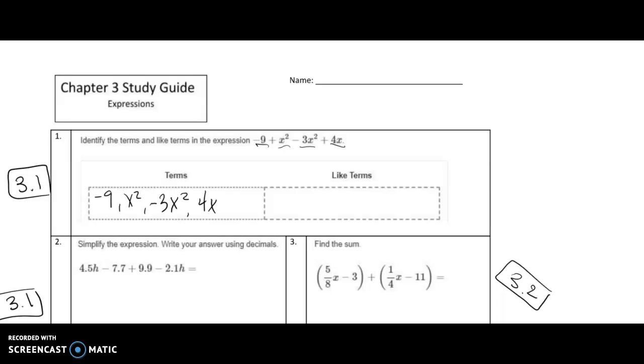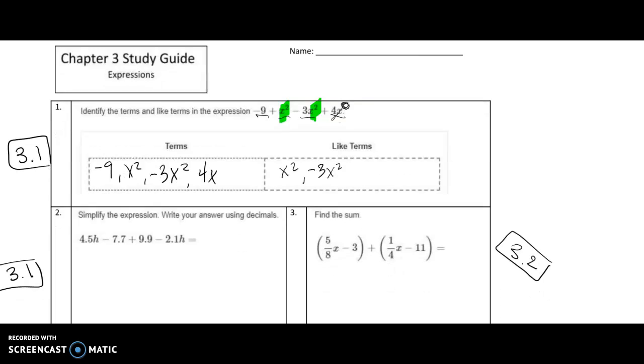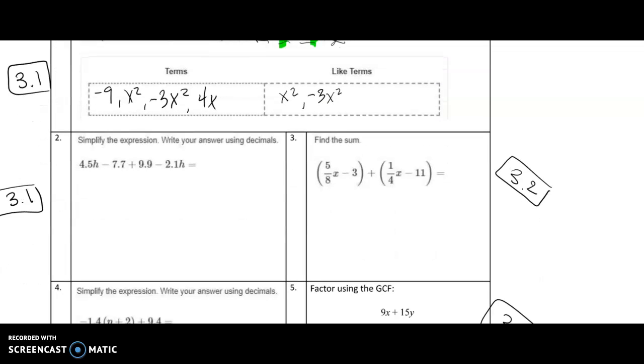Our like terms are the ones that have the same variable. This one has an x, but it doesn't have an exponent, so it is not like any of the other ones that have an x, and this one doesn't have an x at all. So our only like terms in this case would be x squared and negative 3x squared, because they both have an x squared attached. Okay, so then